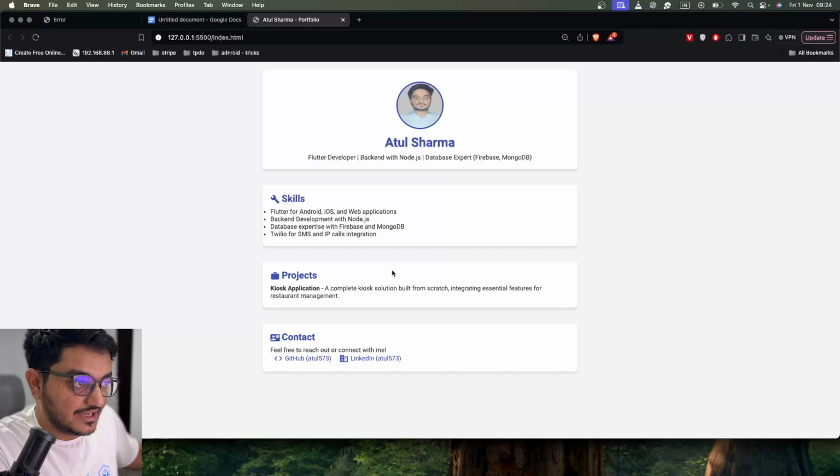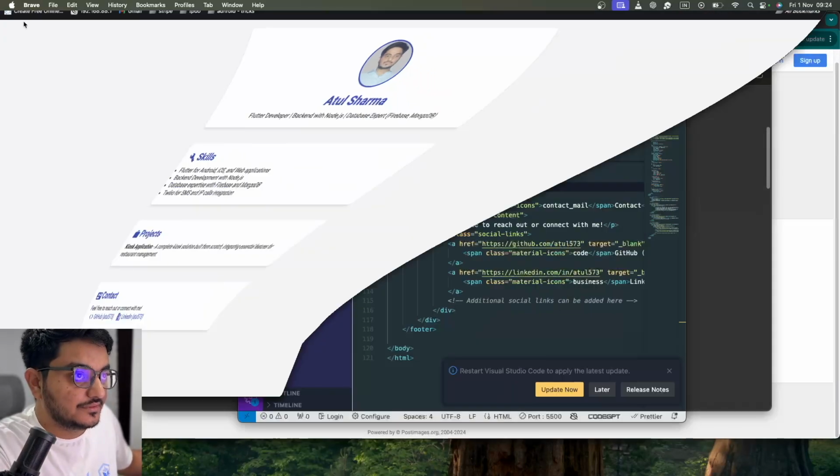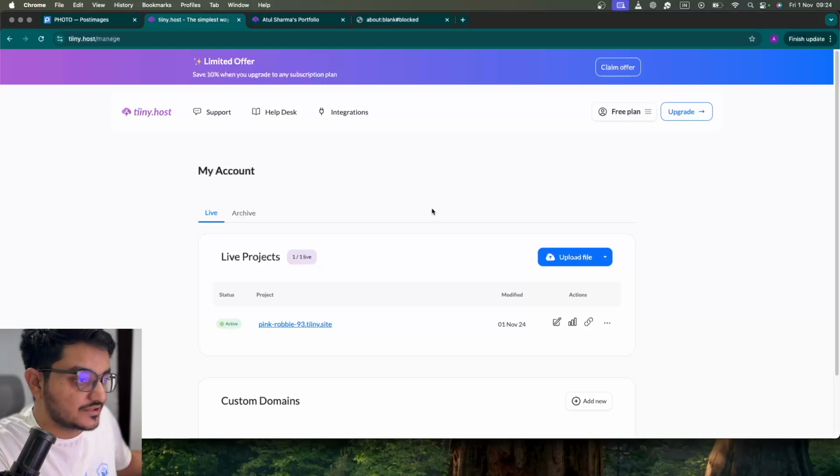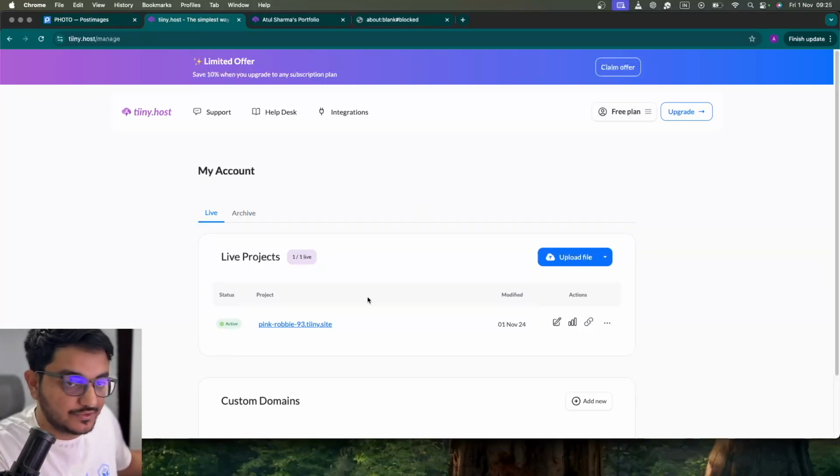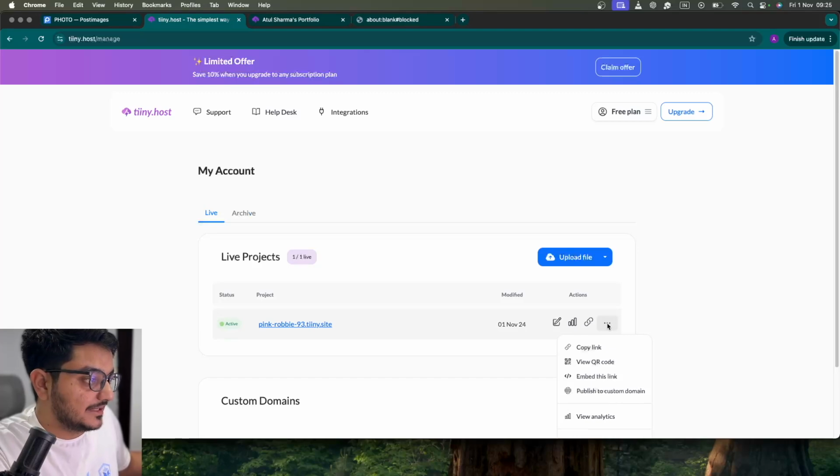Okay, once your HTML file is created, then again you have to go to another free tool. It's like Tiny Host. You have to sign up here. It will take just your Google login and you will be able to sign up, and you can host one free project here. Okay, let me delete the old one,